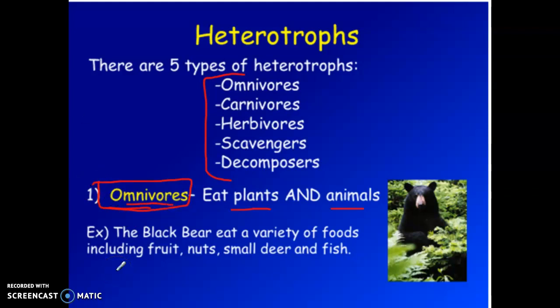Okay, so what I mean by that is a person might decide that they are a vegetarian, so they may choose to only eat plants. But technically, the human anatomy, like the human body, is built to be an omnivore. So meaning, even though you're choosing only to eat plants, your body, your stomach, your mouth, your teeth, the way that your body is essentially organized is in order to be able to eat both of these.